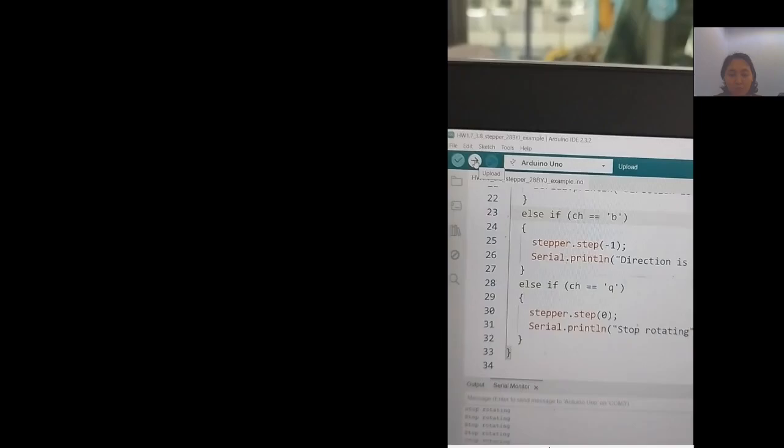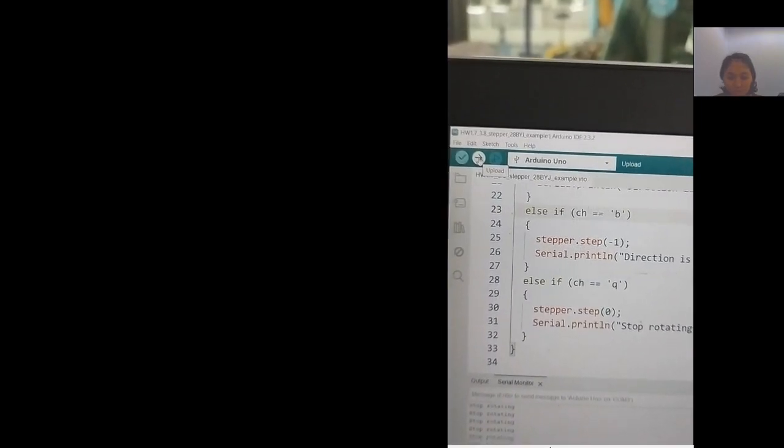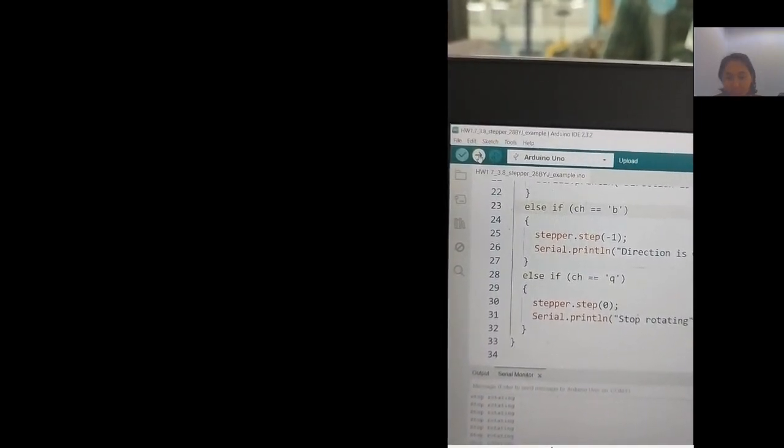Then after that, upload the program and wait until the uploading is done. Then I have to open the serial monitor in the Arduino IDE because we have to control using the keyboard,